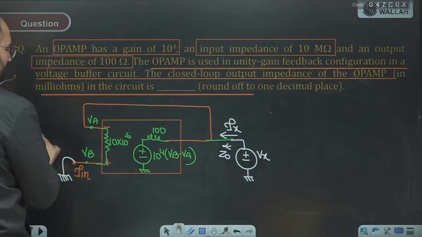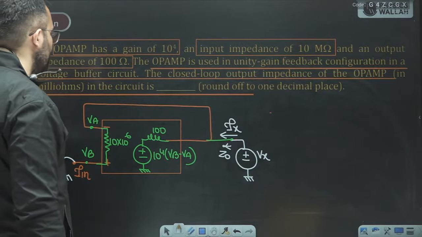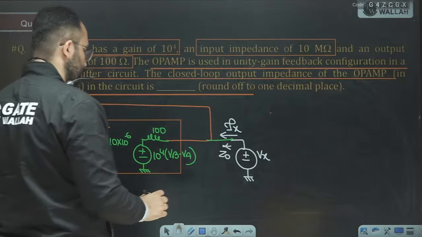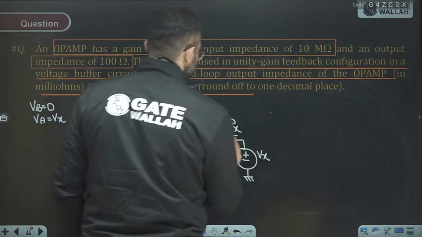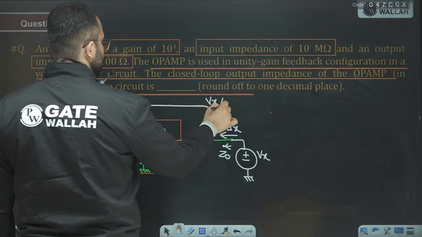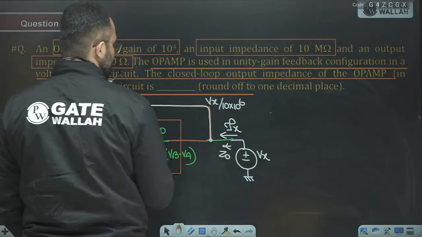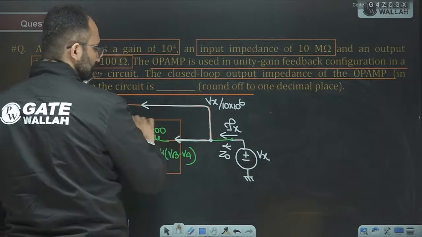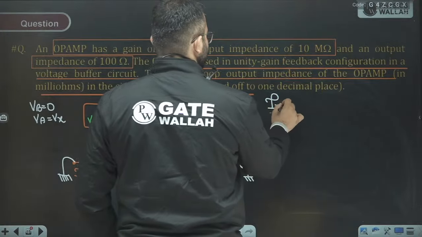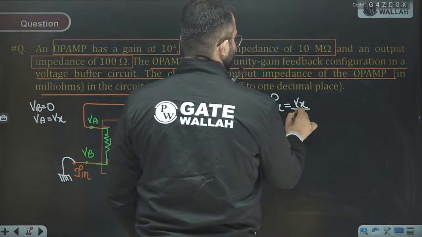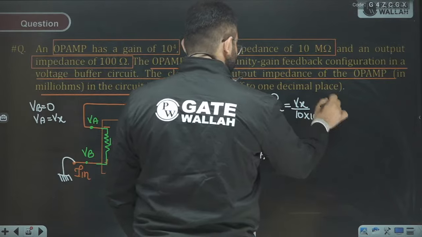So we remove the input voltage also. Now we can see that VB is equal to 0, VA is equal to Vx. Now everything is very simple. We can see that this is your Vx voltage. The current here will be Vx upon 10 into 10 to power 6. Okay, the current, and the current here will be, we can easily see what it is. Let me write it. So Ix, the incoming current, is Vx upon 10 into 10 to power 6 plus,